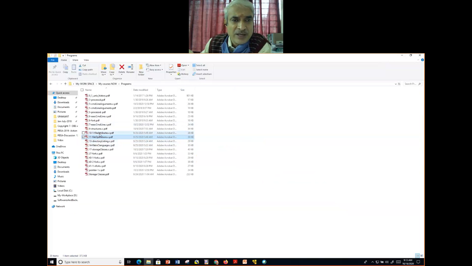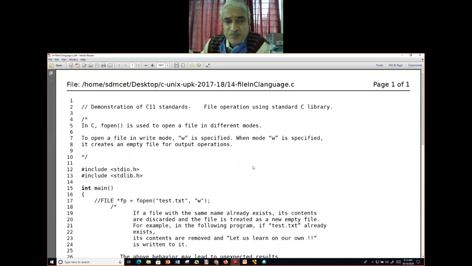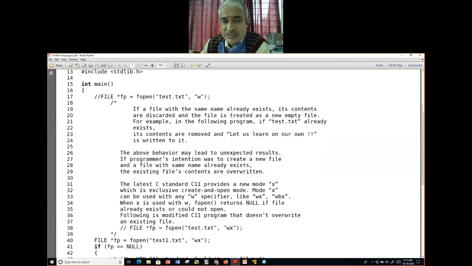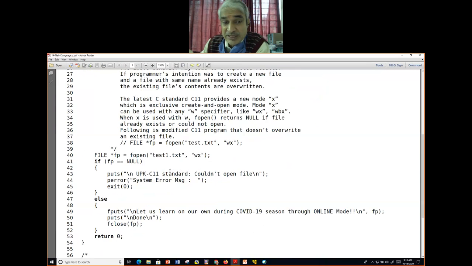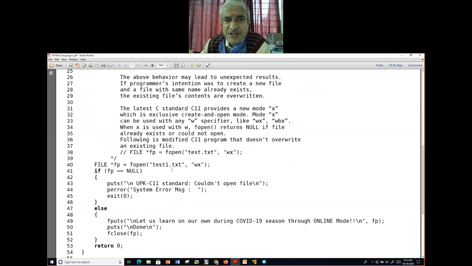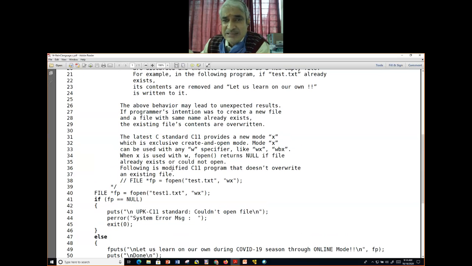Then one more file operations in C language using the library, and we referred to fopen, fclose, fread, fputs, all the things. Then we referred here to the C11 standard. Get into a little bit more on the C11 standard and other standards available for the language, C89, C99.